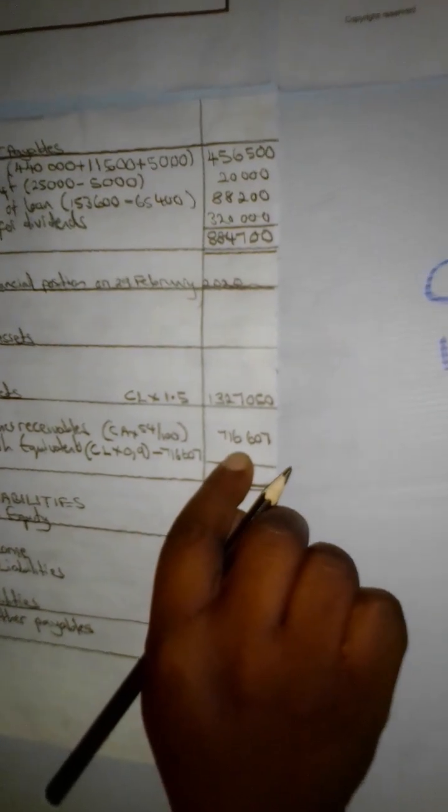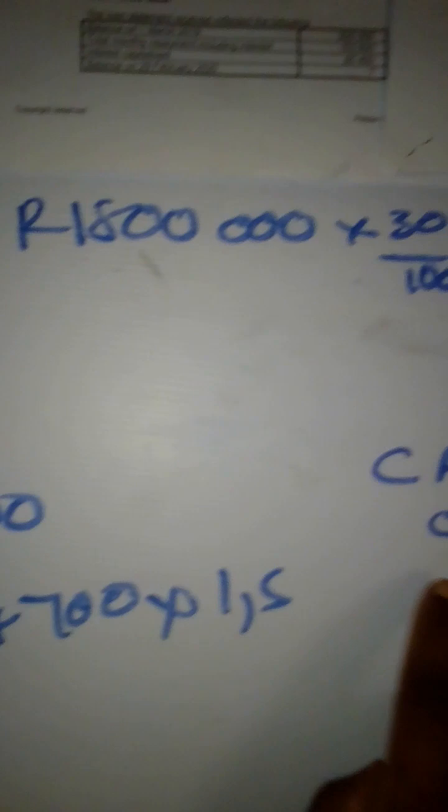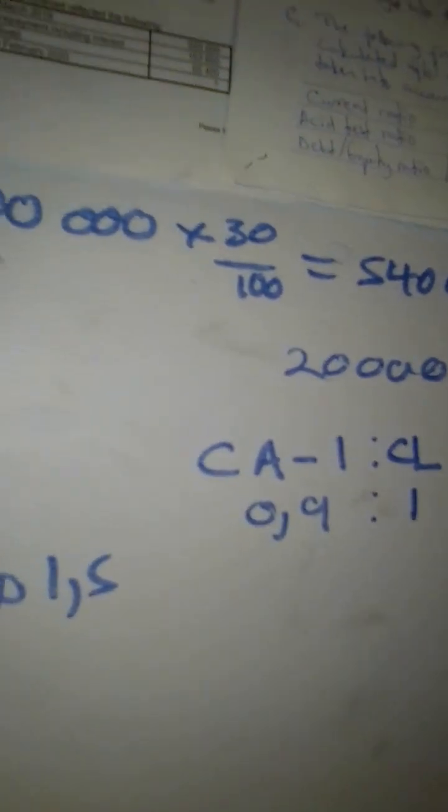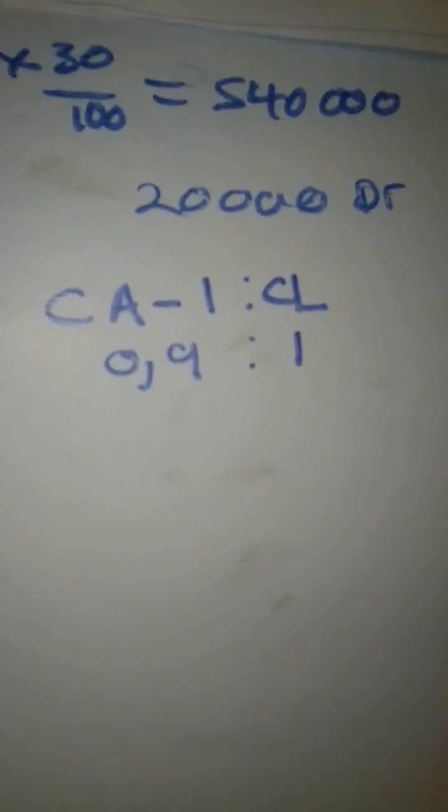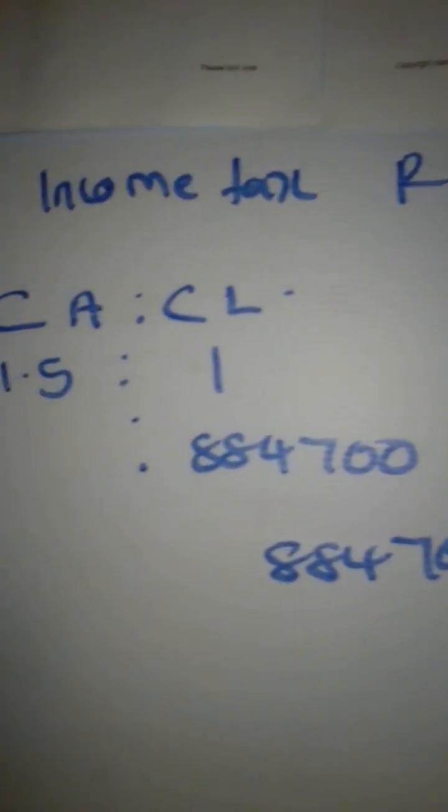It will give me the cash and cash equivalents. I hope you have understood that one. So 0.9 times 884,700 minus, let's calculate together and find out exactly how much we are going to get after making that calculation. The cash and cash equivalents, we are going to get something like